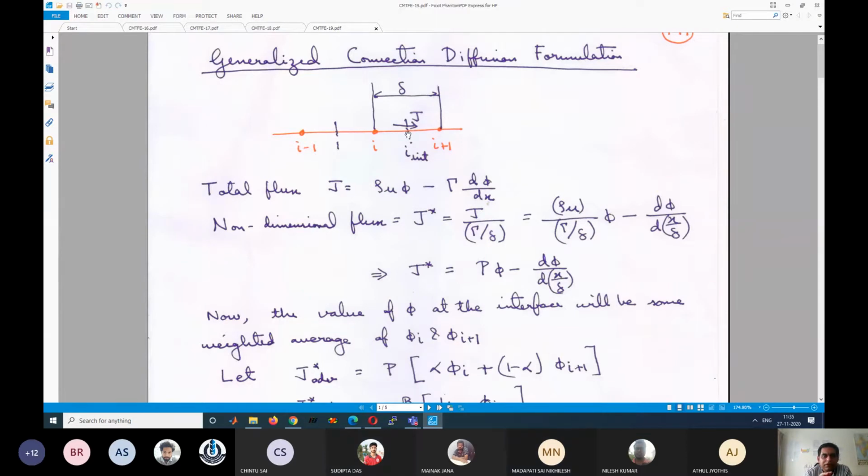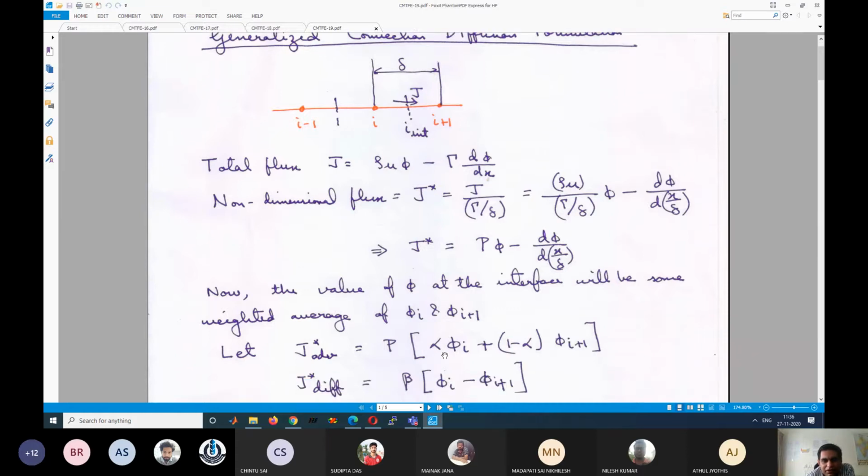So in the upwind scheme, we assume that only one side gives the entire value, right? So what will be the value of phi at the interface? Phi I. So what will be the value of alpha? 1, correct? So 1 into phi I plus 0 into phi I plus 1. Similarly, all the other schemes can also be derived, but it will be slightly complicated. You have to take the maximum of 0 like this, and slightly complicated terms will be there.